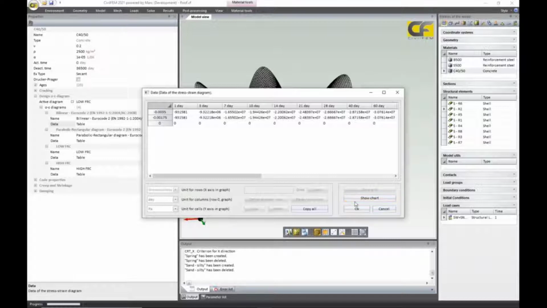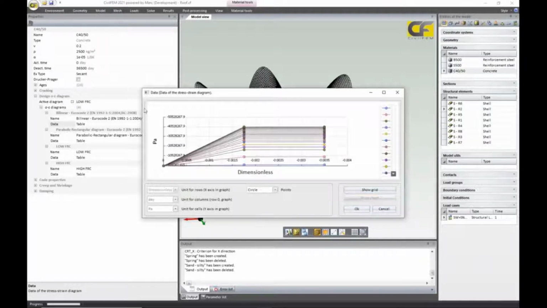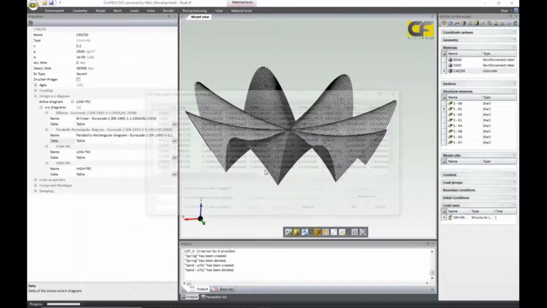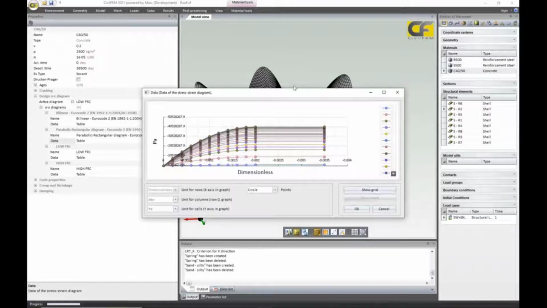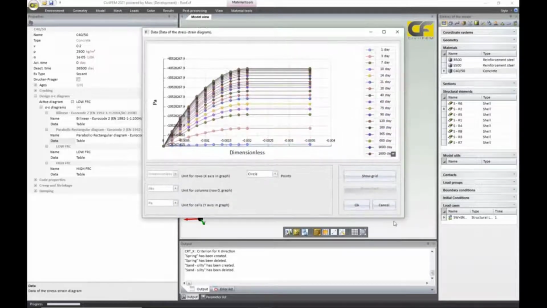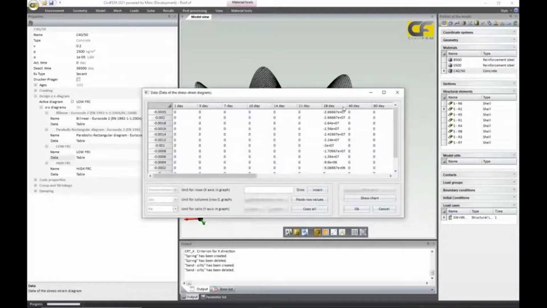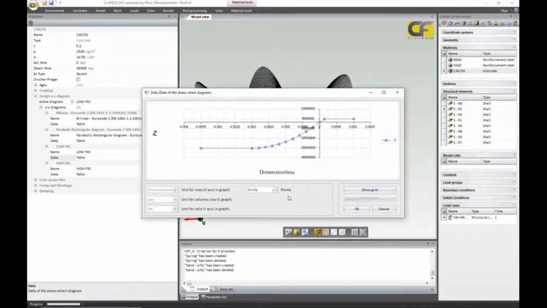One of them is the bilinear one, that is defined by the Eurocode, so you can use it, or the default option that is the parabolic rectangular law. So these are the 2 different options, and I have added 2 extra behaviors: low content of fiber reinforced concrete,